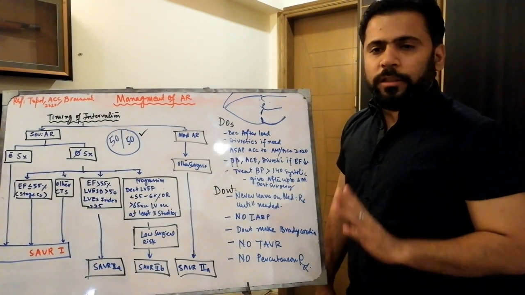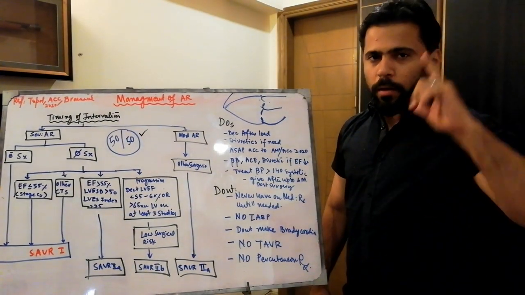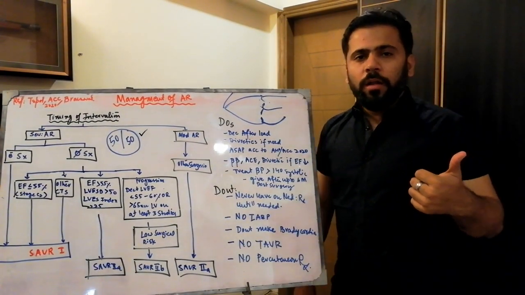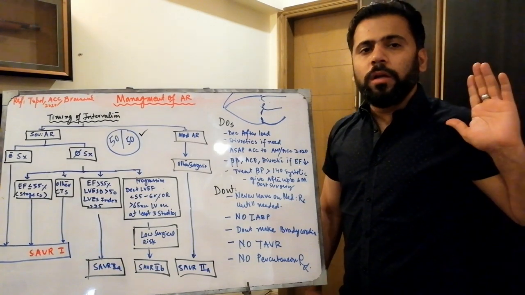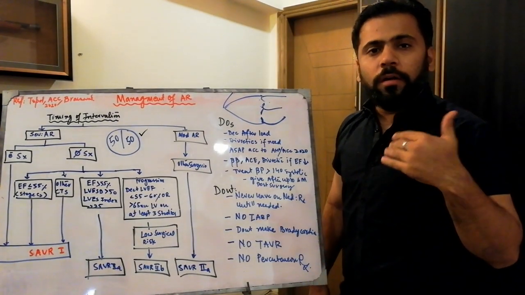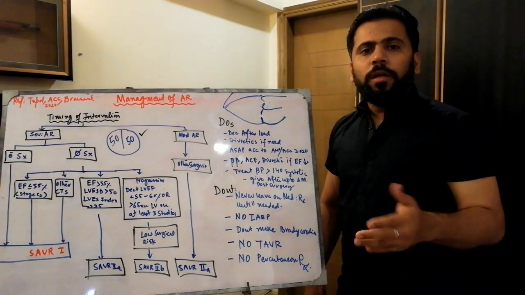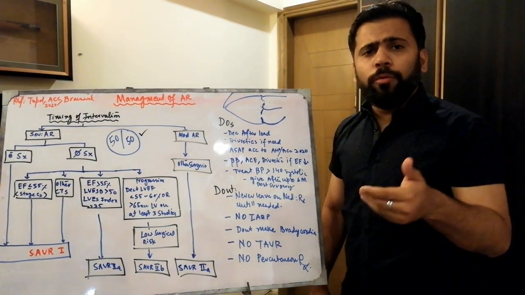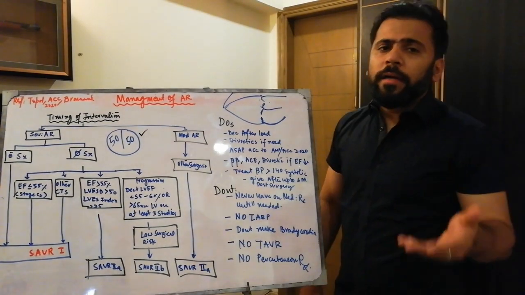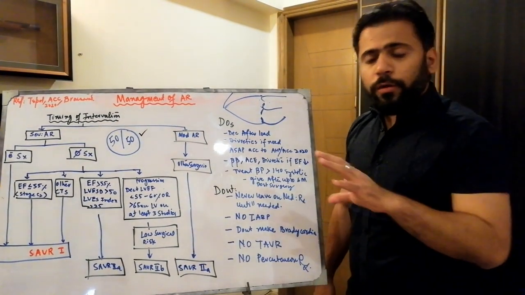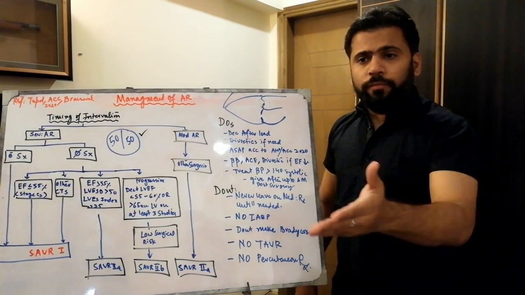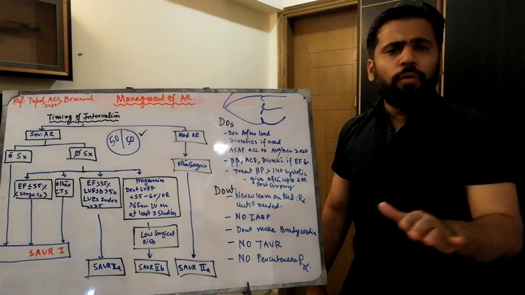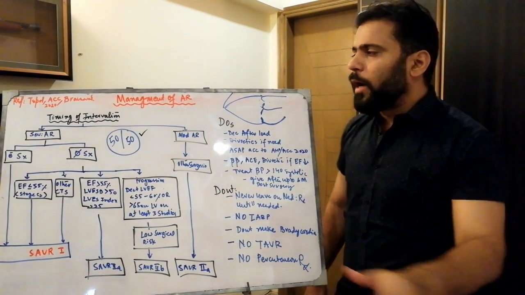So, in management of aortic regurgitation, first of all, we have to keep a few things in our mind. Number one, the stages of the AR. Stage A, as we learned earlier, would be at risk, and B would be moderate and mild, and C would be asymptomatic severe AR, and D would be symptomatic severe AR. So we will discuss the stages of AR.